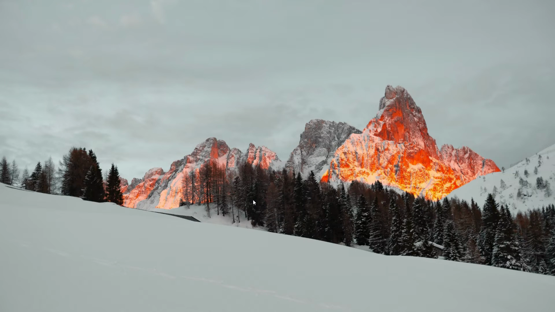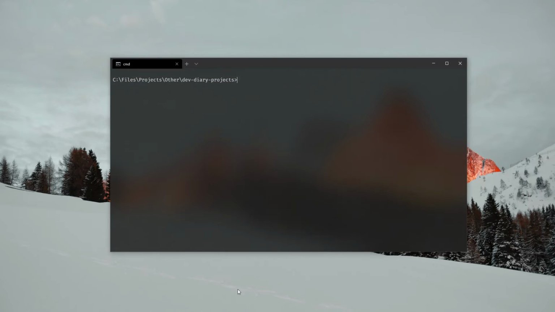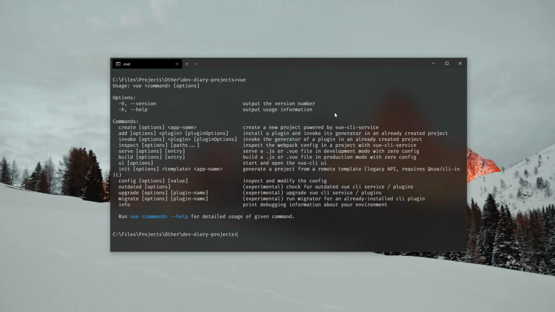I'm going to share with you how to configure a Vue.js project with Material UI. For this task, I'm going to create a new Vue.js project using Vue CLI. If you haven't installed Vue CLI, please install it first. If you have successfully installed Vue CLI, you can see it by typing vue.